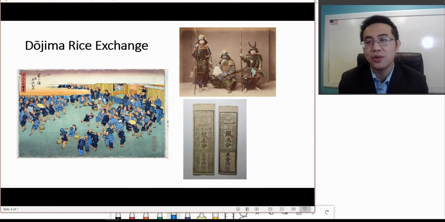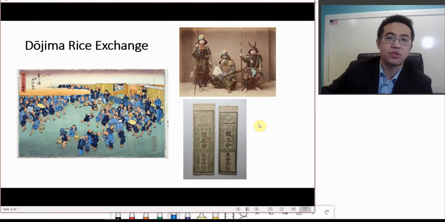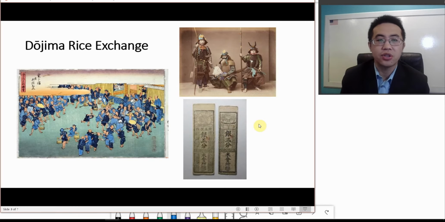On one hand side, you see a lot of samurais. On the other hand side, you see a lot of merchants. So all they're doing was to deal with the futures. And right here is a picture of a futures contract. And in the futures contract, it records a standardized size of rice, and also a standardized price to pay for that amount of rice. And this piece of paper, which is a futures security, could be resold to another party